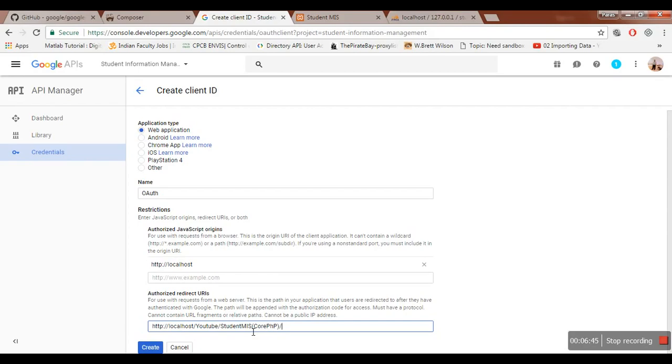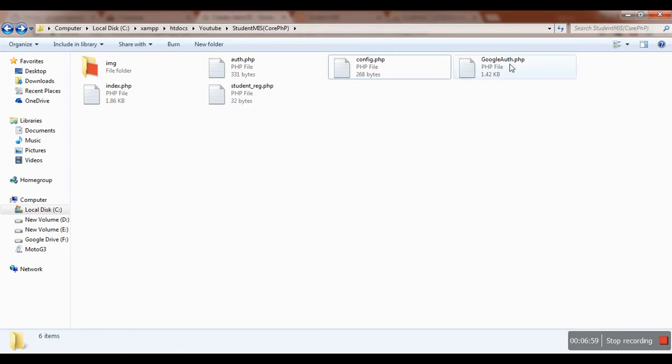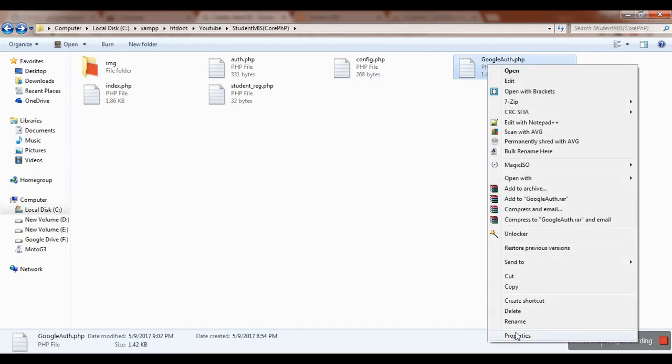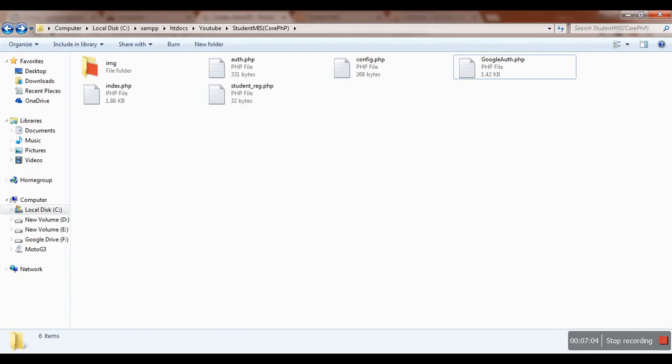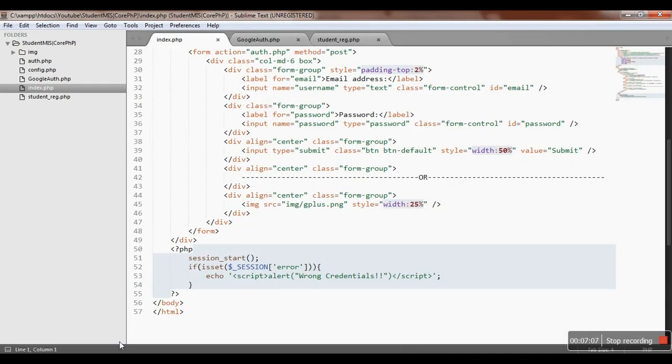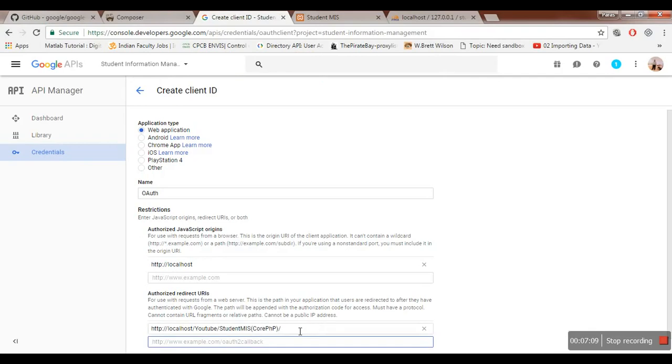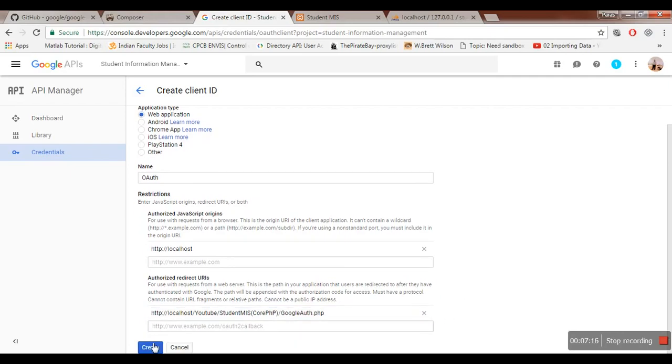The most important part over here is the authorized redirect URI, and in my case it will be the location of my page where I want to redirect this API, where it will be taking all the data and I'll be processing that data. I have already created a page, and the name of my page I'll be writing over here: googleauth.php. So this is done. I'll just create it,